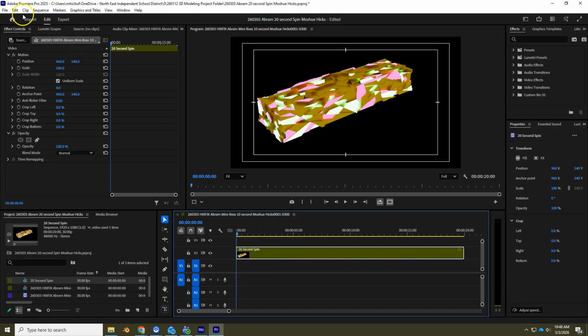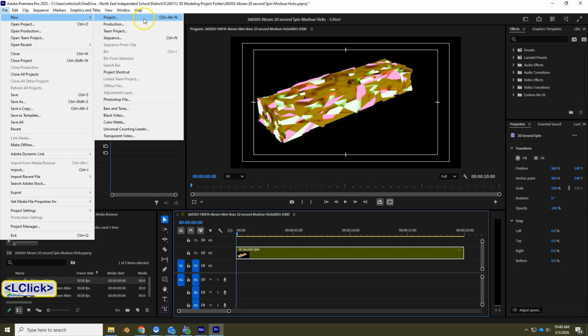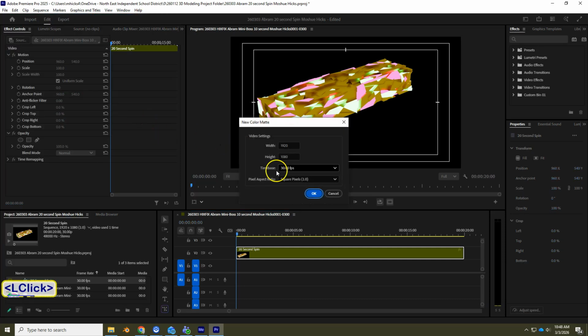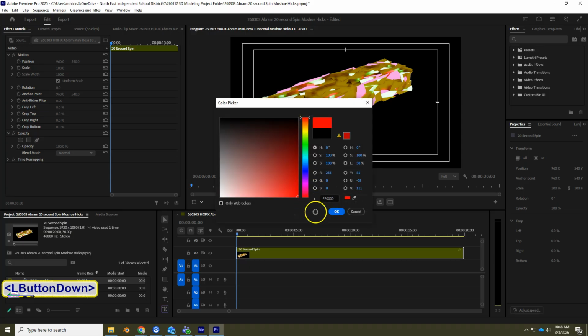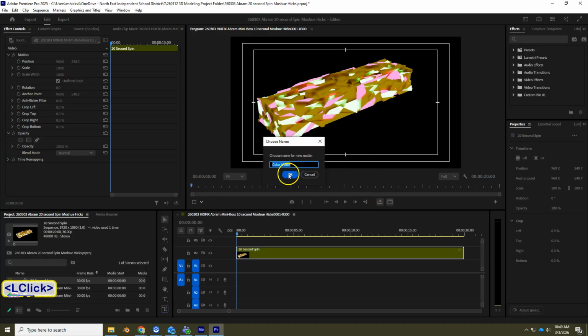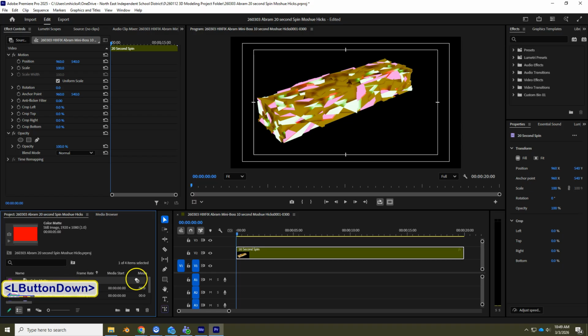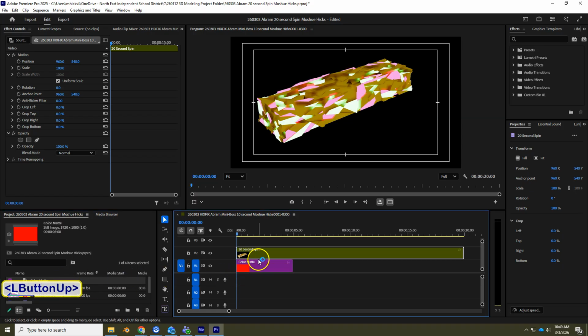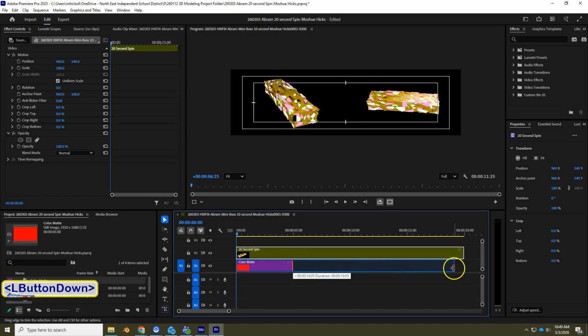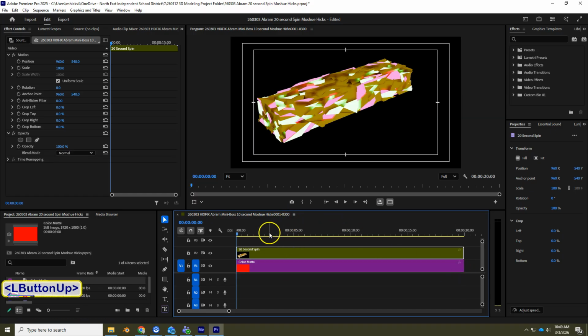2. And then I can go to File, New, and I'll just do a color matte just so we can see when it's done right. I'm going to click OK, and I'll just use my warning color there and then drag it over to be underneath. We can't see it because MP4s don't have transparency, which is what we're going to try and correct here